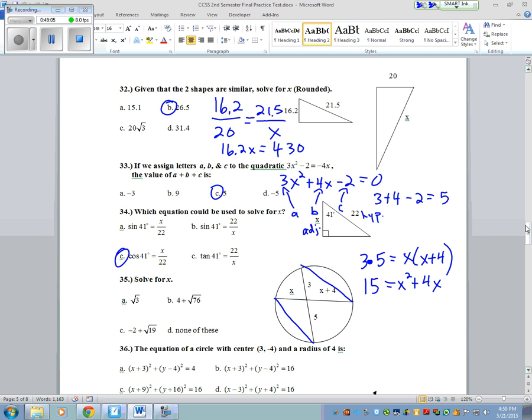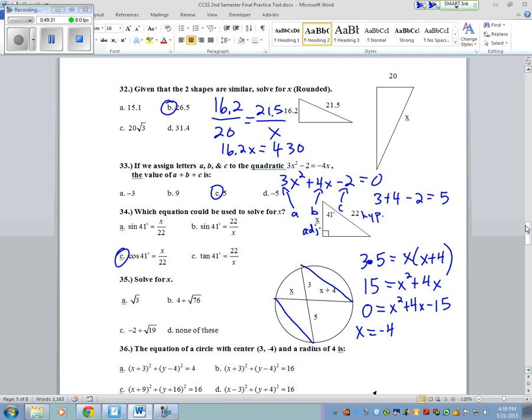And once again, I have a quadratic equation, kind of like up here at 33. So I'm going to subtract the 15 over. I have x squared plus 4x minus 15. And that is not factorable. You can kind of tell from the answers. There aren't any rational numbers for the answers. So I've got to use the quadratic formula on this, which says that x equals the opposite of b, so